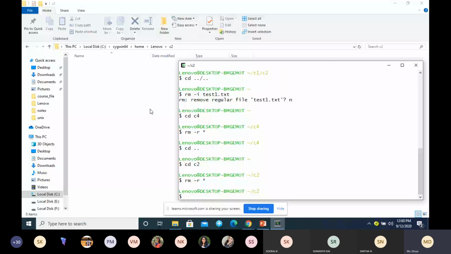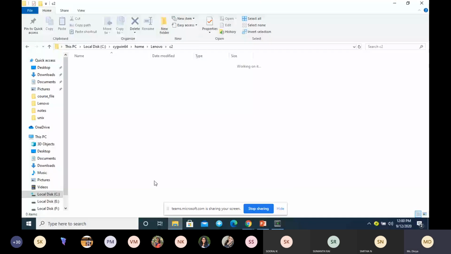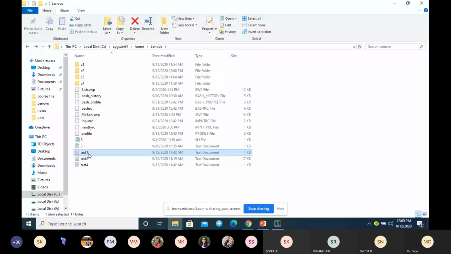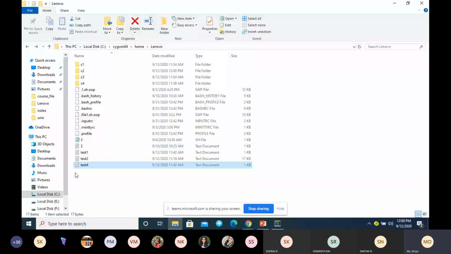Moving on to the next option, forcing removal. Here what I do is I make this file read only. Go to the property. I make this file read only. I'll show you here. This one, I have not done any read only. I have not changed any property.